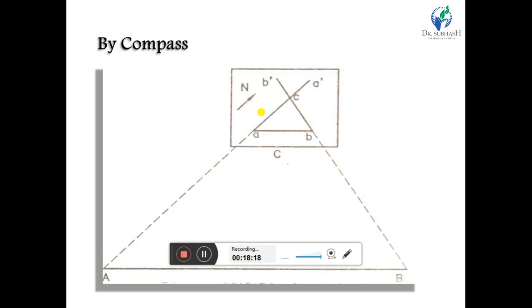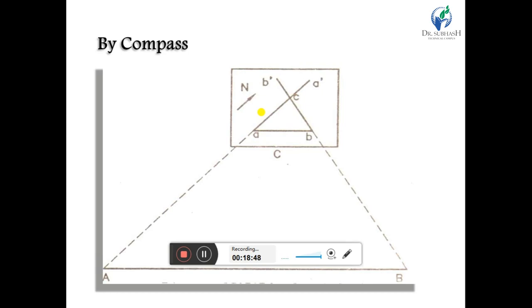Now we have to draw the two resectors, AA dash and BB dash. For drawing the resector, first put the alidade at A, pivot the alidade about A and sight the object A, which is previously plotted on our sheet and now present at our location, and draw the resector AA dash.